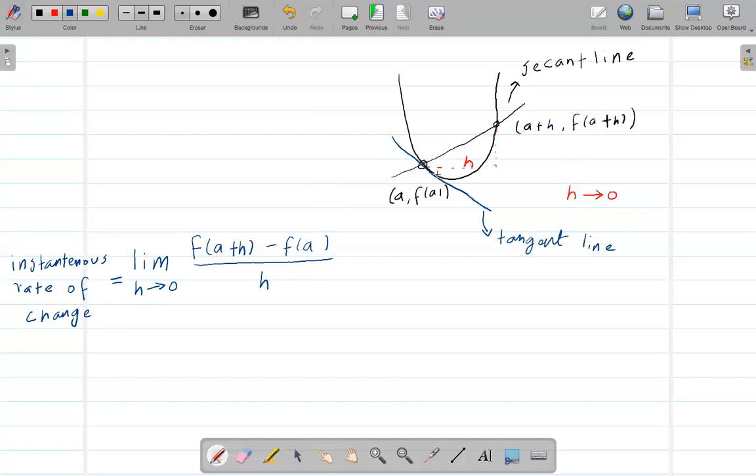Okay, now using this idea, finally we can define a derivative. So now the definition of the derivative, let's just write the definition. Let me write DEF, and this means definition. The definition of the derivative is